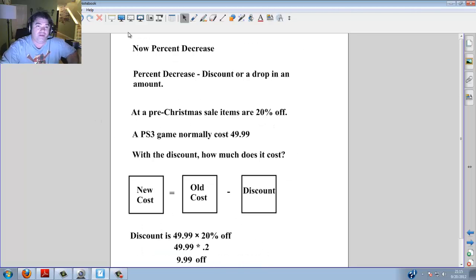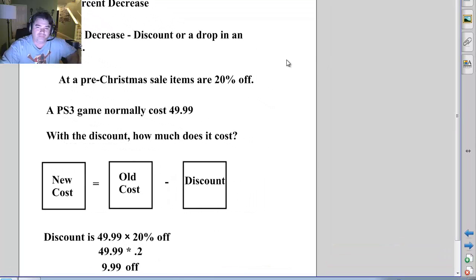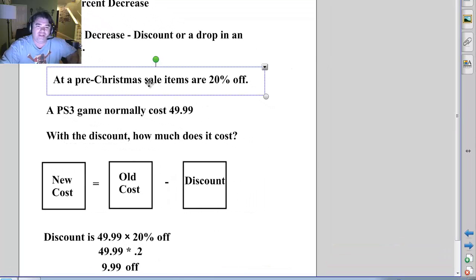Next page. Now percent decrease. Percent decrease is the discount or drop in an amount. At a pre-Christmas sale, let's say, items are 20% off. Actually, what you are going to find is that the day after Thanksgiving is the day, if